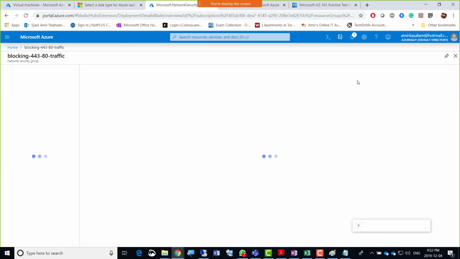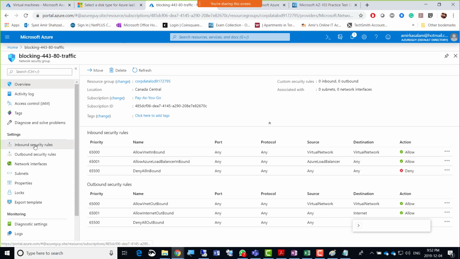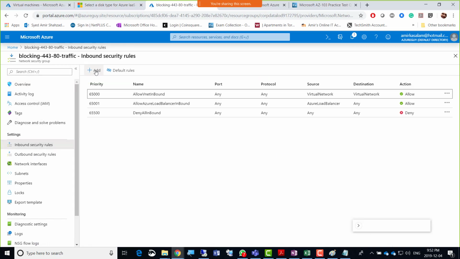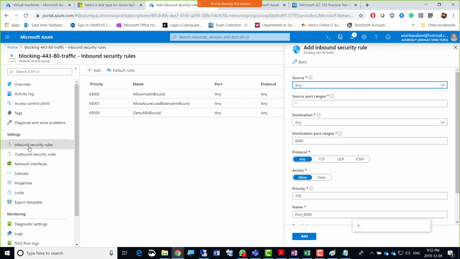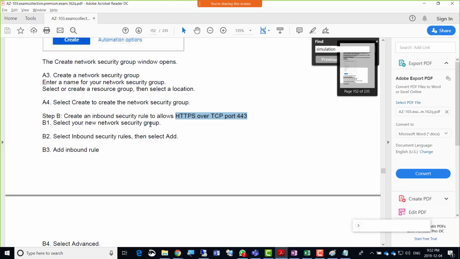I'm going to go inside the NSG, and there, inbound security rules. I'm going to click the add button in the inbound security rules, and the source is any, from the internet, because the objective is to add inbound rules. There, networking and inbound rules. So Ali is saying that I did that in Web01 and in networking.